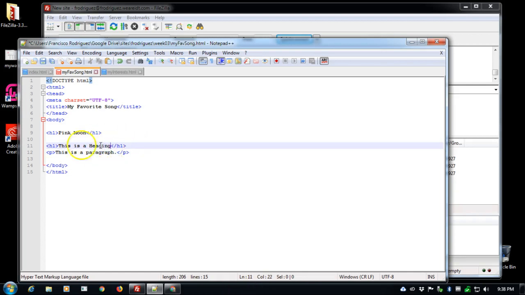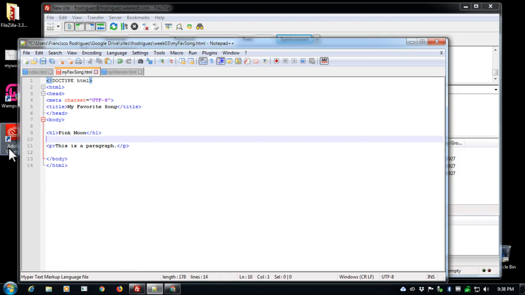So I've already put that there. Pink Moon, this is heading 1, it's already there. In this first paragraph, I'm going to say that this is by Nick Drake.